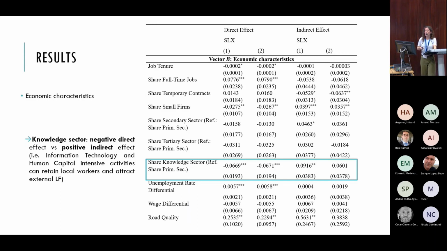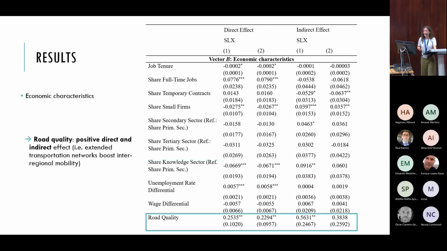And we see here how this sector has the capacity to retain the domestic workers, and at the same time, it also attracts external labor force, as we see here in the coefficient. So the higher the employment distribution and somehow the economic specialization of my region in the knowledge sector, the lower will be the share of cross-border commuting of my workers, and the higher will be the share of cross-border commuting of the external workers, which is something that is really interesting from